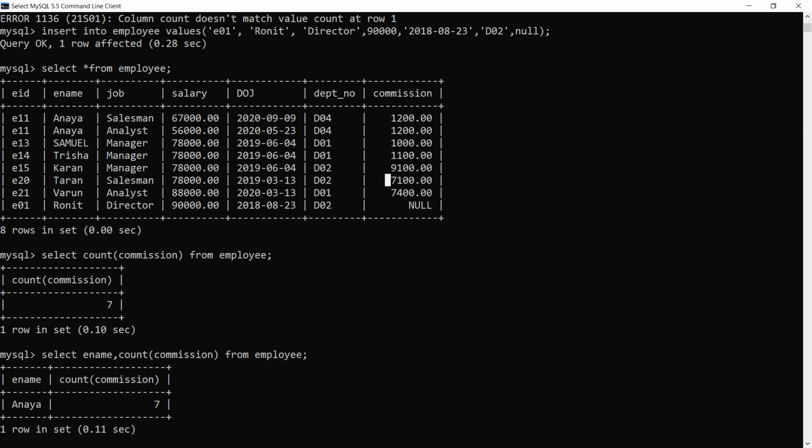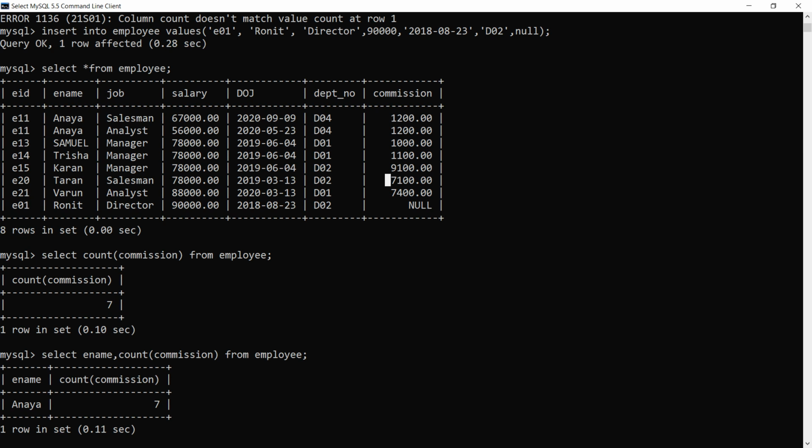One group for D04, one group for D01, and one for D02. Suppose there are 4 colors, red, green, blue, yellow. If the distribution in the database is among 4 colors, then there will be 4 groups. So common values are making one group.